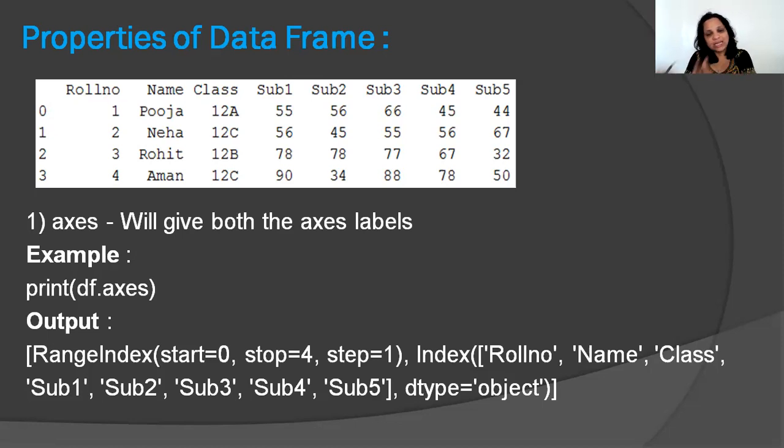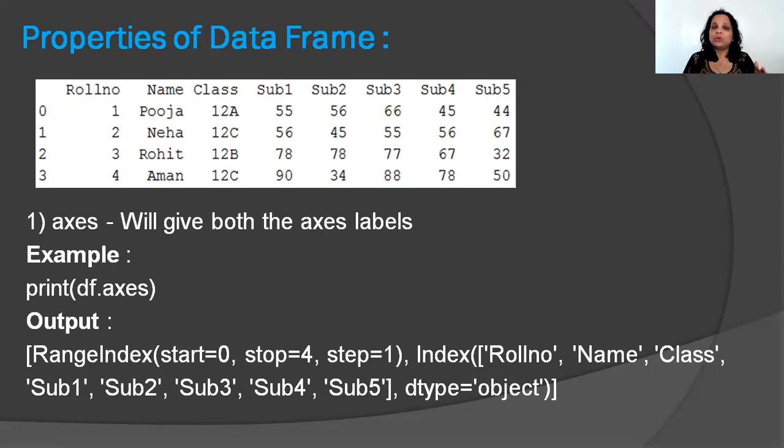Now the second element that it shows you, again the word index, but can you see what it is showing you? It is showing you all the column labels. And after that, at the end, can you see dtype is equal to object? This dtype is equal to object is the data type of the column labels. You would have got dtype is equal to whatever, even with index labels or row labels, provided you had given an index value. Because it is an automatically generated one through this range index statement, it is going to be an integer anyways.